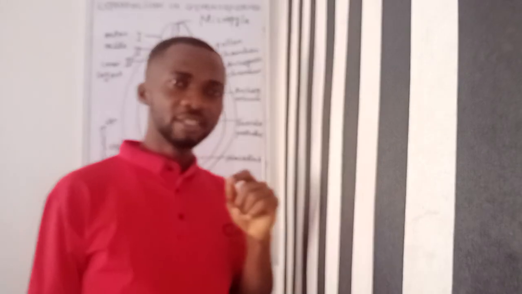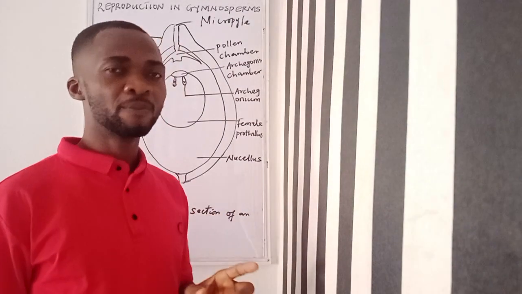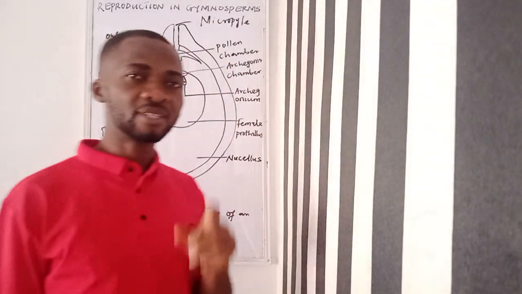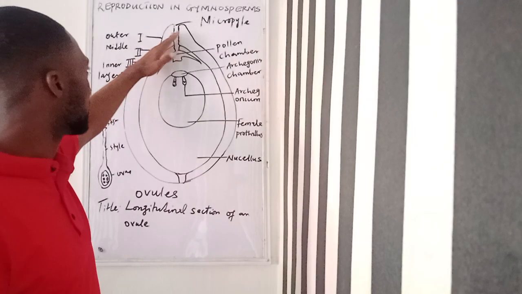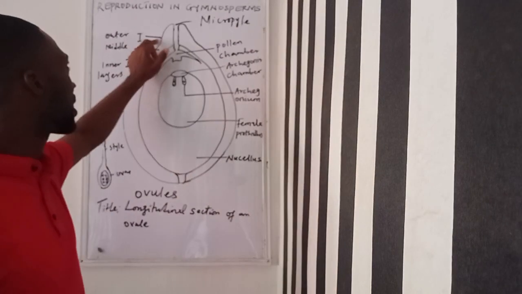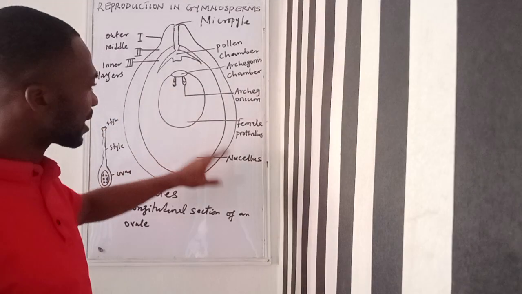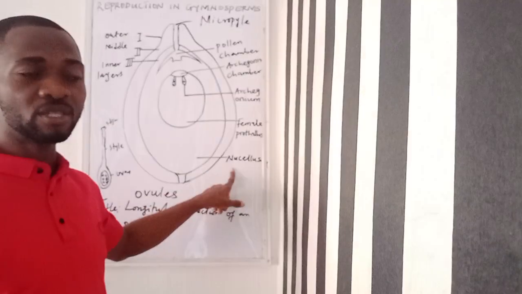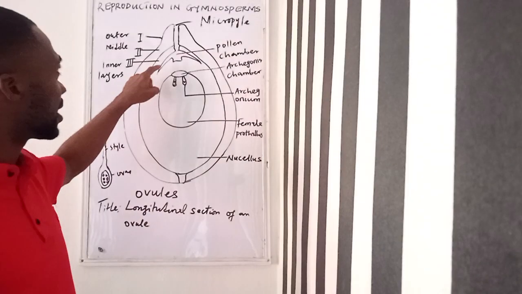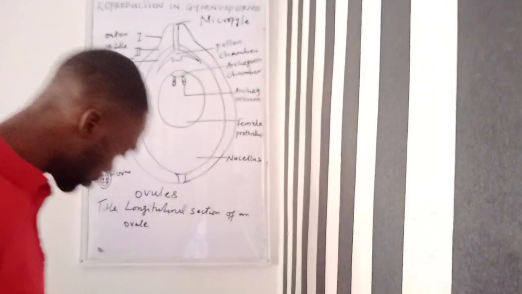Don't forget I said the ovule transforms into a seed. So invariably, the ovule is seen as a seed. What covers the ovule is called the integument, and another name for integument is the seed coat. The whole of this is the seed coat, which has the outer layer, the middle layer, and the inner layer. This inner layer is attached to the nucellus, which is the megasporangium. Another name for the nucellus is the megasporangium. So the inner layer of the integument is attached to the nucellus. That's an exam question. You need to note that.